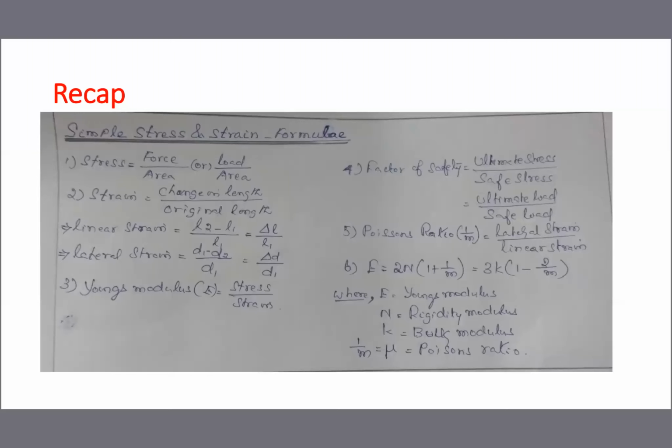Then lateral strain: while the length is getting changed, the diameter will also get reduced. How much the dimension changed? It is the diameter that changed, given as delta D. Delta D means change in dimension compared with the original dimension. So the ratio between change in diameter and original diameter is called the lateral strain. The diameter, or lateral axis, is the other axis. So two types of strain formula are given.